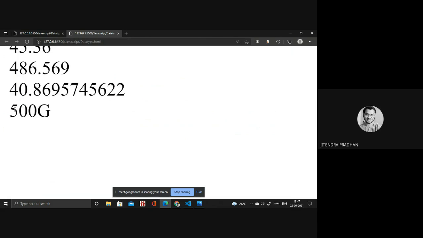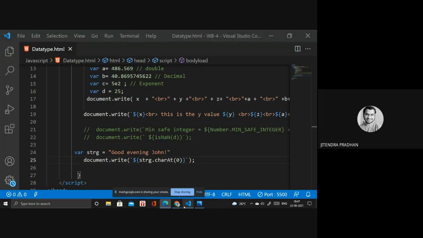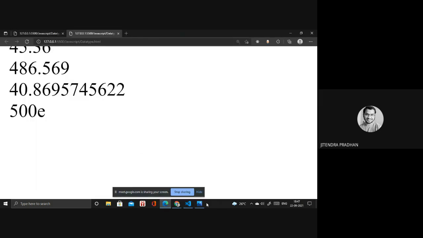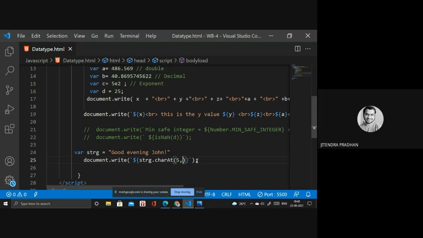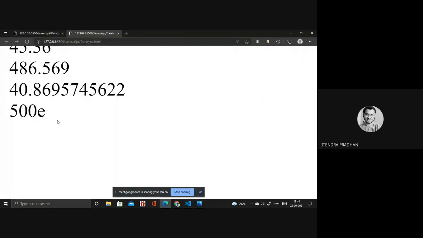G is there, right? So we use the index number to identify a particular character. If I give 5, E is there.